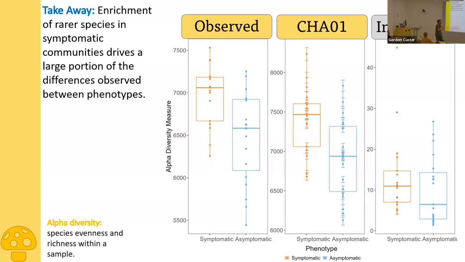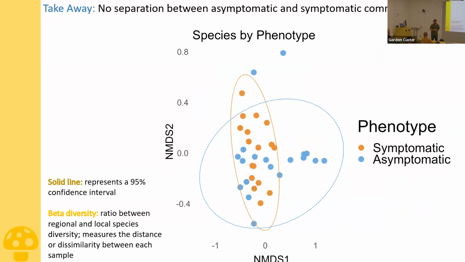And we'll show you next when we look at our beta diversity that we see that there's not a lot of separation in our communities. So let me align you. Our beta diversity just measures the distance or dissimilarity between our samples. Our teal color again is our asymptomatic samples, and our orange here is our symptomatic samples. What we can initially see is that for the vast majority of our samples, there's no separation between asymptomatic and symptomatic phenotypes. But interestingly, to me at least, I think that there are three distinct groupings of asymptomatic communities